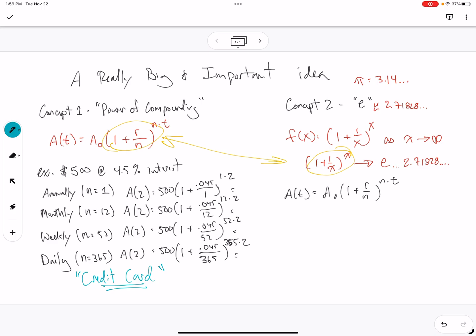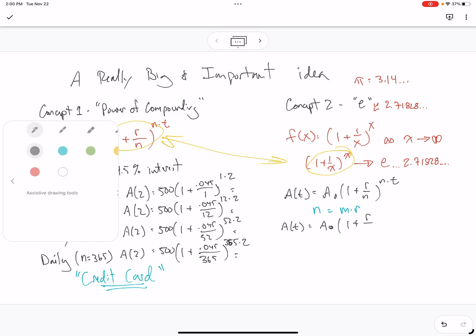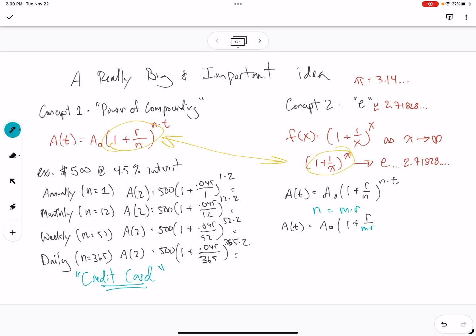Okay, so the first thing I do is say the letter n, the number of times compounding, is equal to some m times r value. And I'm going to do a substitution. So I'm going to say A of t is equal to the initial value, A naught, times 1 plus r over, and then here's where I do the substitution. I'm going to put in m times r where that n was, and the n up here, I'm going to put an m times r as well,